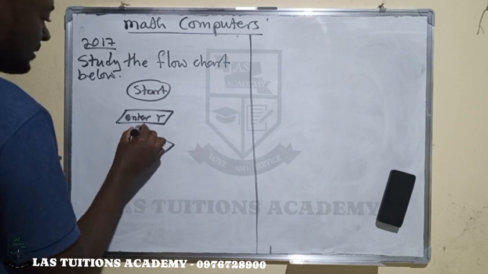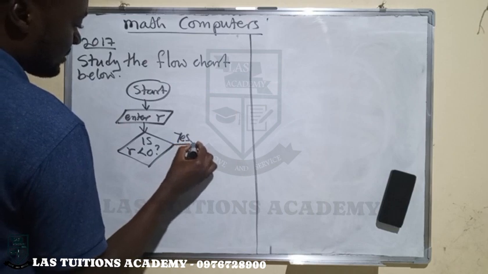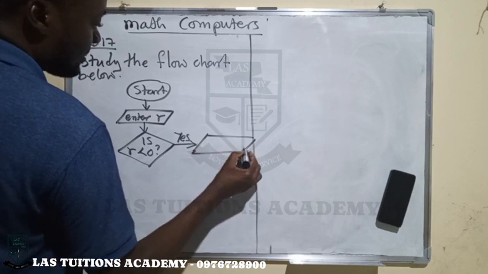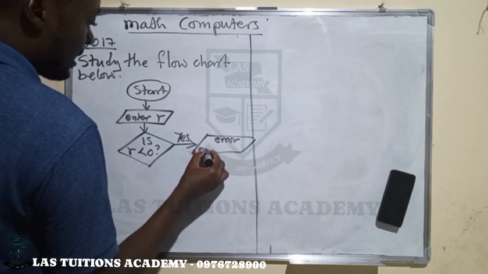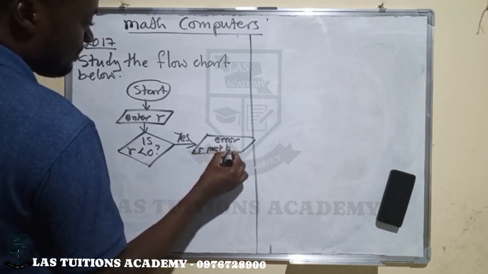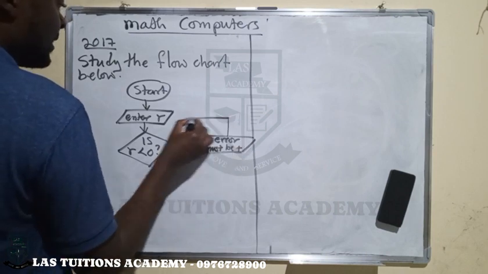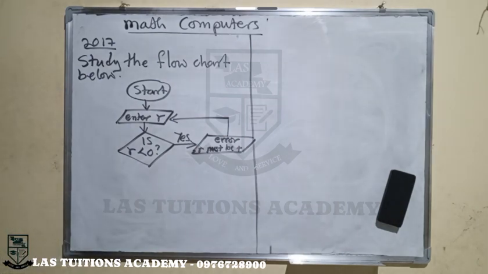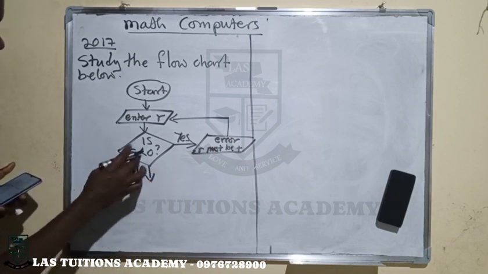Then there are arrows here. Then here we have yes. There's an arrow, so here there's this box which says error, R must be positive. Okay, so meaning you need to re-enter R, because the R that was entered was less than 0. Then if there's a no here, meaning the R is not less than 0, then we